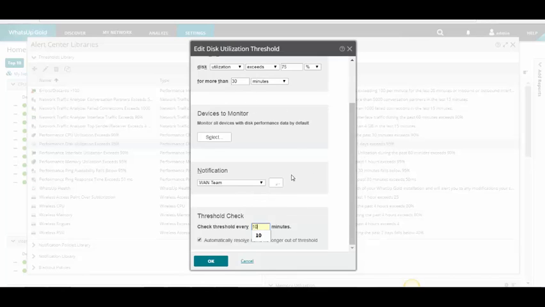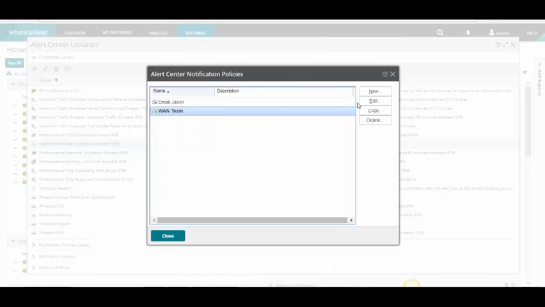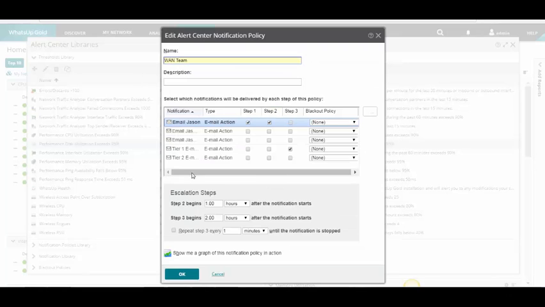30 minutes. And then here, we'll say we want to alert our WAN team, which is going to be our tier 1 support. So we'll alert them when that occurs, but maybe after 2 hours, I want to alert my tier 2, and after 4 hours, alert Jason because he's the one who is going to manage the SQL servers. But he doesn't like to be bothered on nights and weekends, so I'm going to put a blackout schedule there. And then also make sure I alert my tier 2 support in that occurrence.